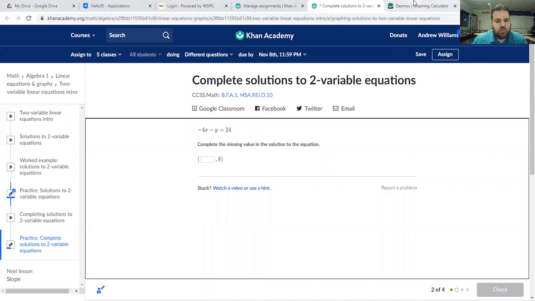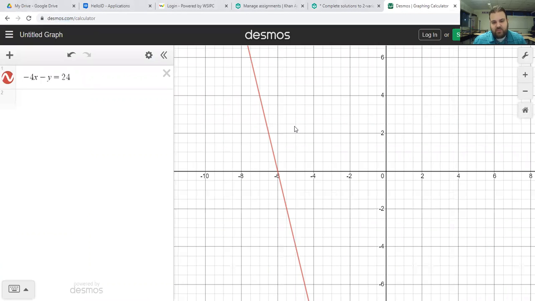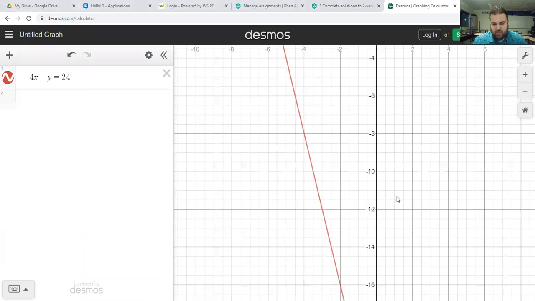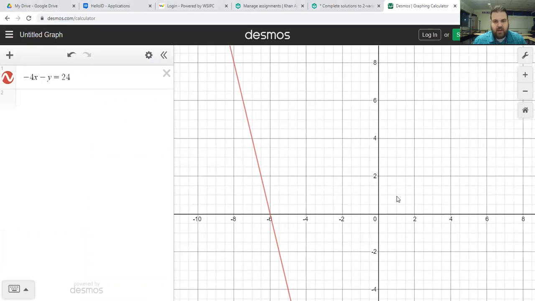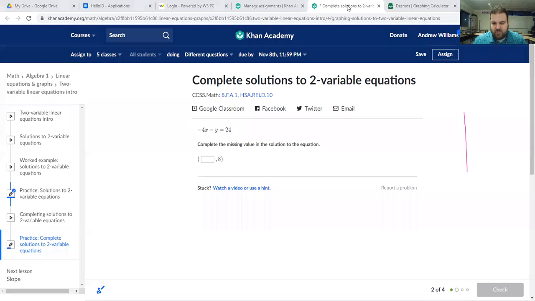Okay, good. So we have this line, right? And it looks something like this. It goes through way down there on the y-axis. So you have this line that looks something along these lines. You got your axes, and then here's your line. Something like that, right? The question is, complete the missing value in the solution to the equation. They want you to figure out what value should go in this box such that it would land on that